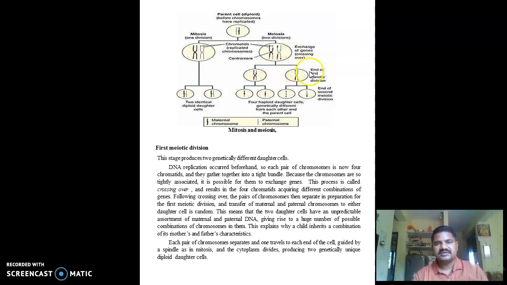At the end of the first meiotic division, there will be separation of these genes, and then production of 4 haploid daughter cells from a single cell. So roughly we can say mitosis produces 2 identical diploid daughter cells, whereas meiosis produces 4